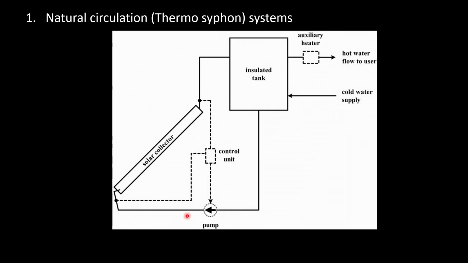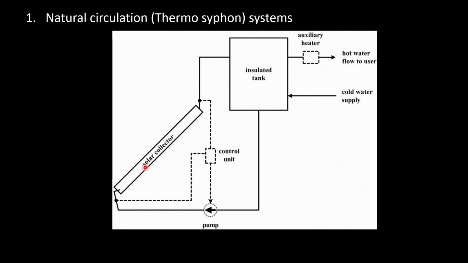And this is a natural circulation system. For the time being, I beg your pardon, because this figure has a pump, but while drawing in your notebook, just eliminate this pump from here. Just complete the circuit without this pump. Don't draw this pump in the circuit; we will use it later.